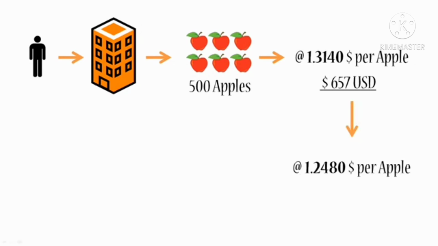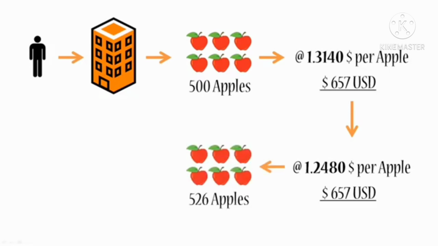So once the price for apples drops and it hits about 1.2480 American dollars per apple, guess what? You still have those $657 that you got in exchange for your apples a couple of days or weeks earlier. So what are you going to do with these $657 now? Well, you're going to go and buy back apples. Now with your $657, you can buy